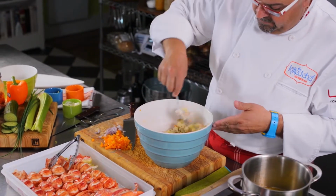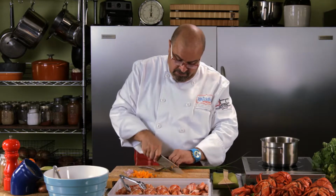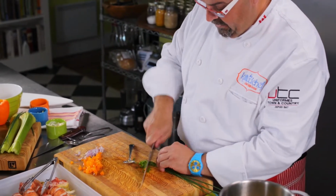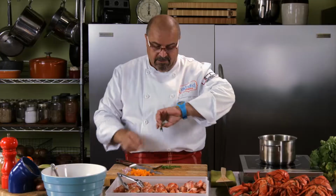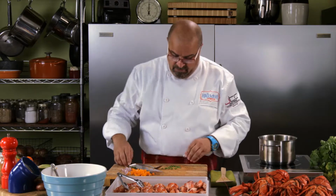on the lobster meat. Then the only 2 ingredients left to go in the potato salad is to chop up a few fresh chives, to add some of the color, and of course chives we use on a regular basis with lobster. It's a perfect marriage together. So a few little onions, and I'll leave the tails that I have here to be able to garnish my plate. So a little bit of that, a little sprinkle,